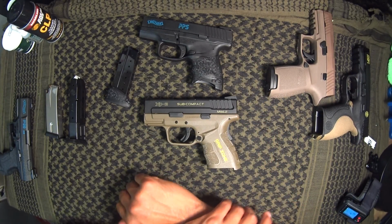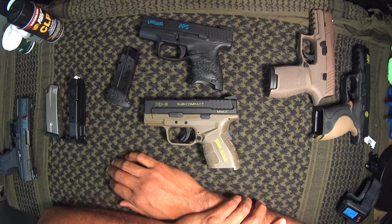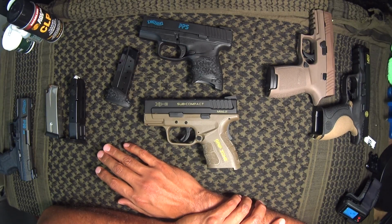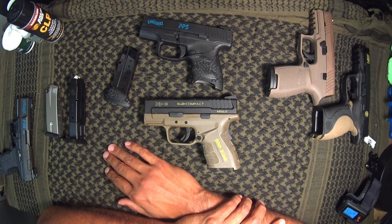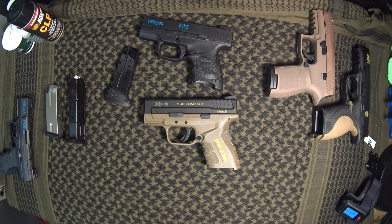Over time, I think if you become a little bit more proficient and you start to work at it, and you start to practice a lot and you get some time at the range, I think overall you will have a lot more confidence in owning a firearm. I think a lot of it is confidence, because if you don't have confidence to handle a firearm in a safe and manageable way,